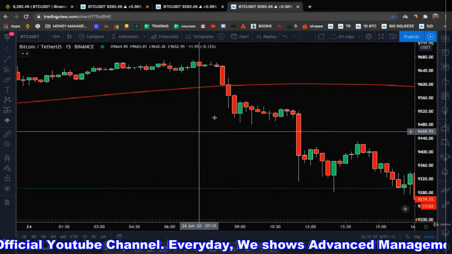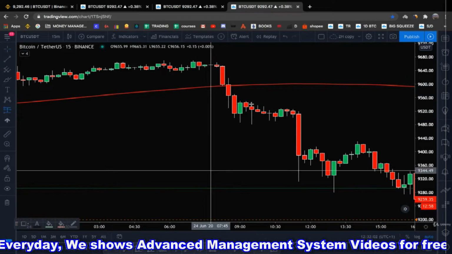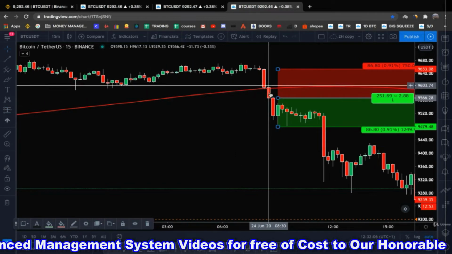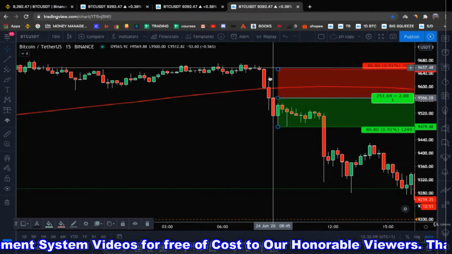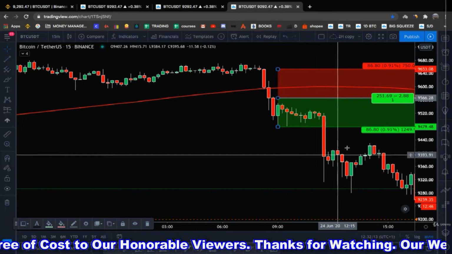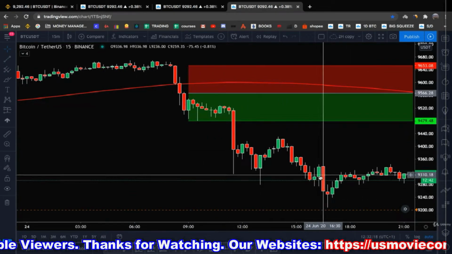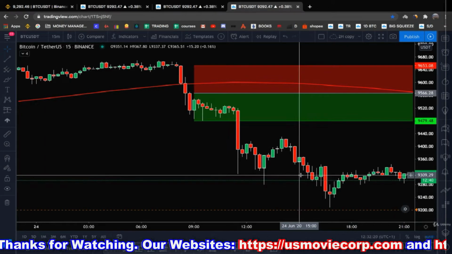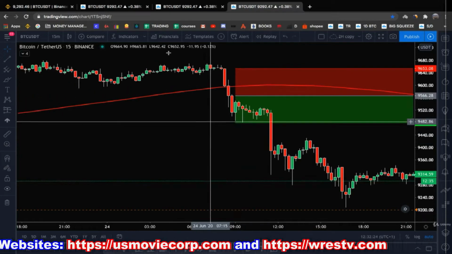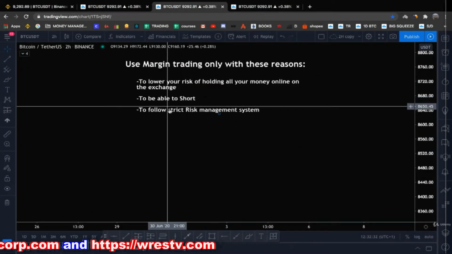A short trade means that you might enter a short position here without even having the asset, right? You don't have to own Bitcoin to enter a short position. You can simply borrow Bitcoin from Binance, sell it here, right? And then buy it back at a lower price, then repay Binance, and the piece that is left is your profit. It's going to be left for you, right? But I will talk about this in detail in another video.